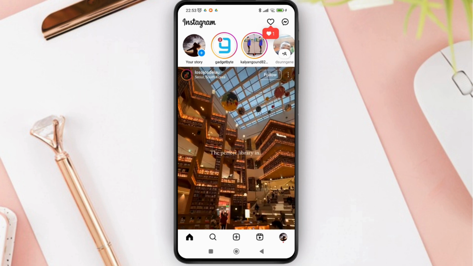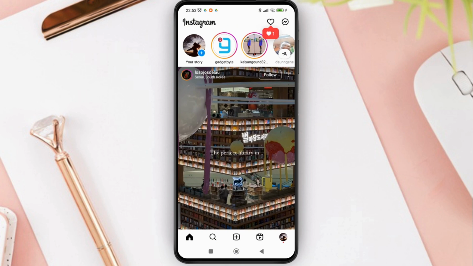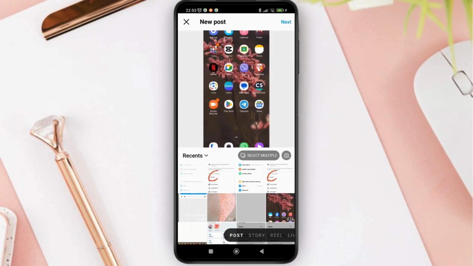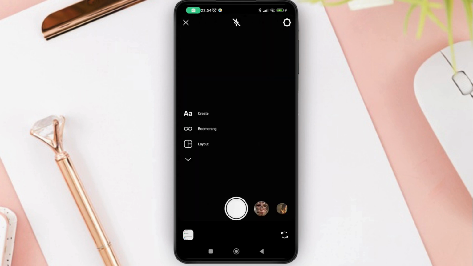So here I'm going to tap on the plus sign at the bottom of the screen and then I can post any sort of post or story or reel. So I'm just going to tap on story over here by swiping left, and randomly I'm going to click a